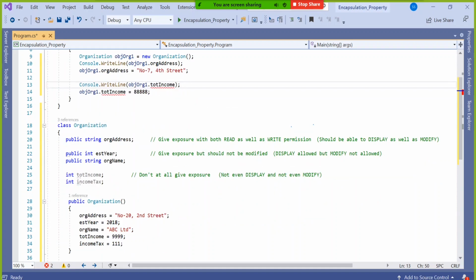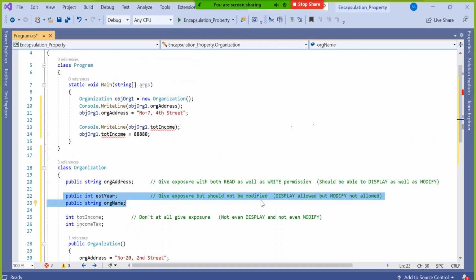Now you think about these two, establish year and organization name. What is the requirement? You have to expose them, but you should not allow modification. Now what will you do for that?